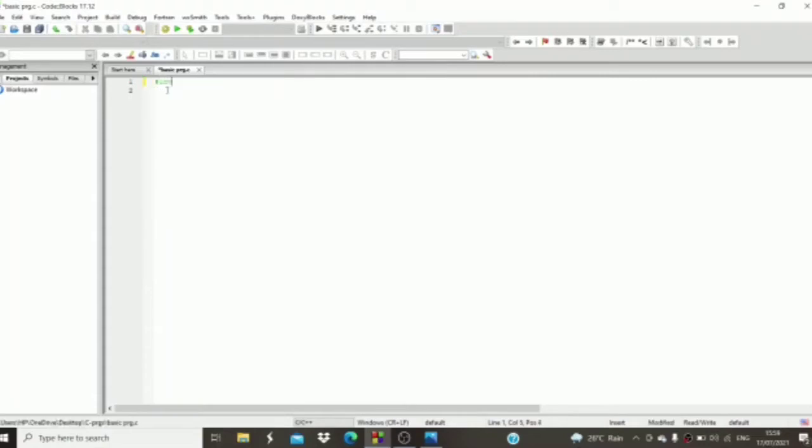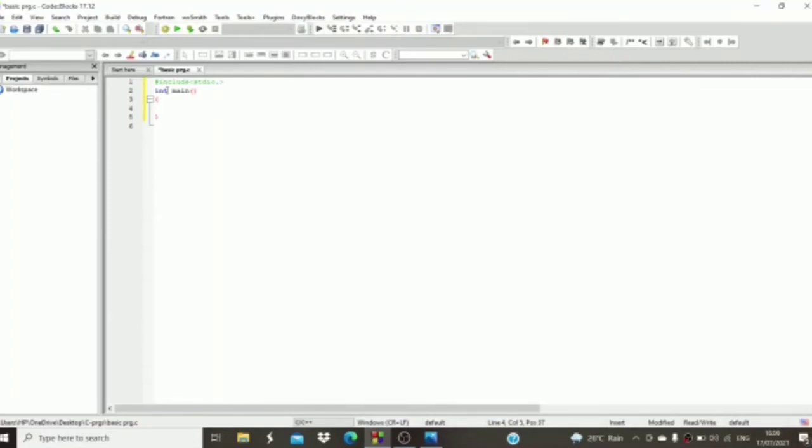Hash include stdio.h. This is a header file. It is a readymade library file. Next is int main. Next, curly brace. I clicked only one single curly brace, and I got both the opening and closing curly braces.